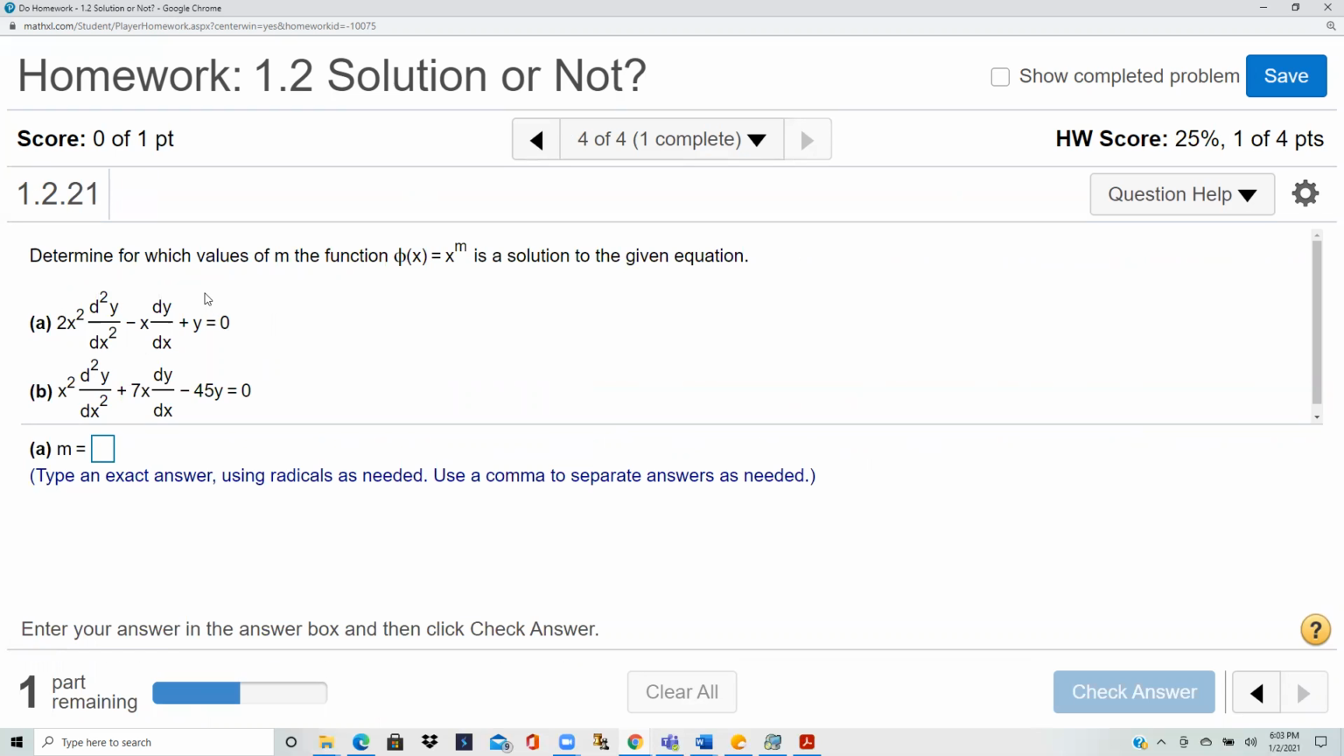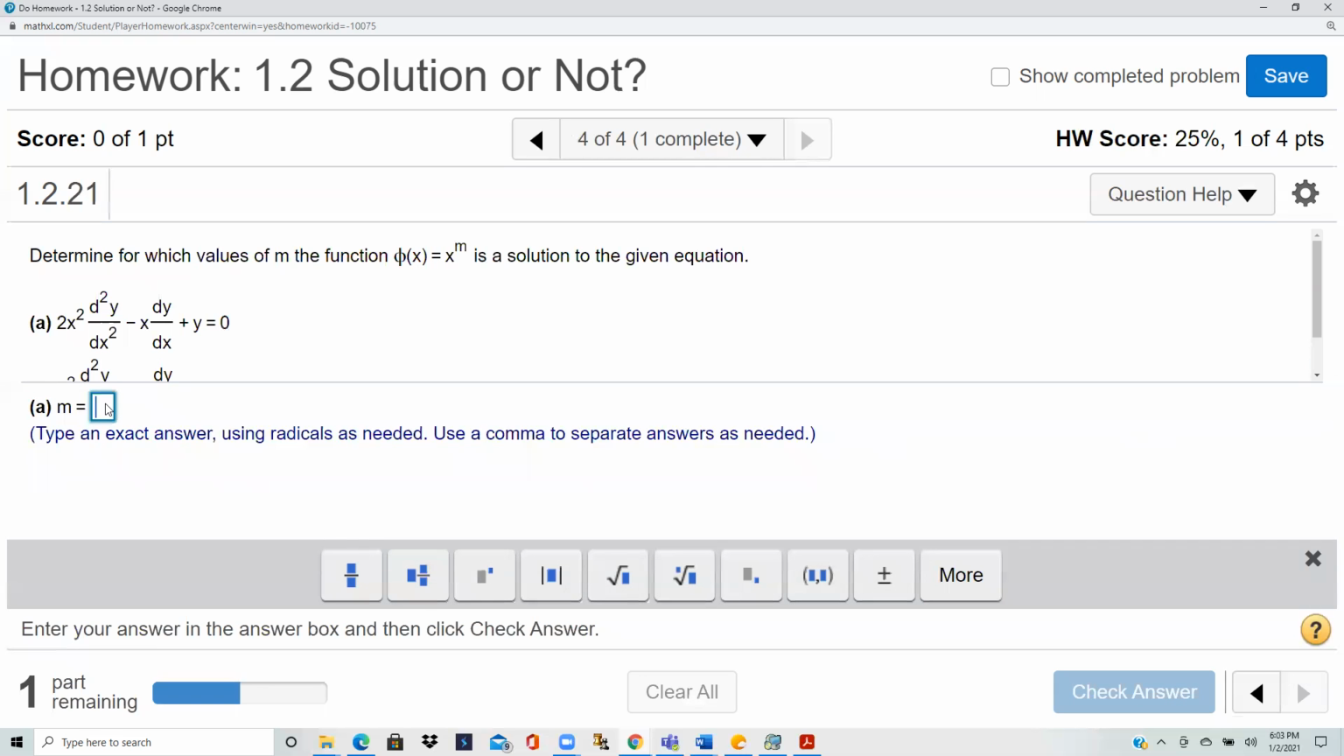Okay. Determine for which values of m the function phi of x equals x to the power m is a solution to the given equation. So let's see. First of all, what we do is replace y by x to the m. So phi of x, we want this to be a solution. So that's a y. It's just like if you have f of x, that means y here. They're writing phi of x, so that's a y. So if y is x to the m, then